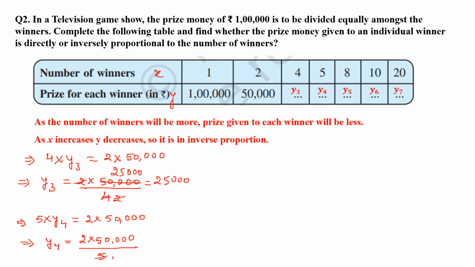Now if I reduce it, 5 times 1, 5 times 10,000. So 2 into 10,000 means it will be 20,000. So this is the value for y3 and y4. Let's solve for